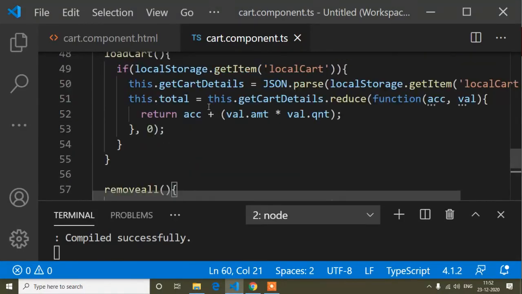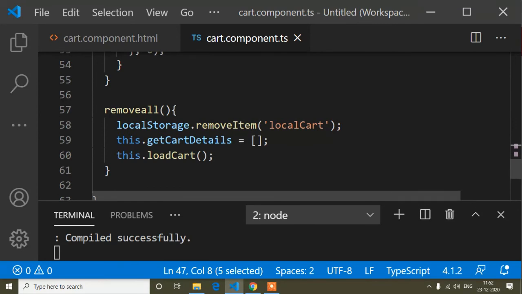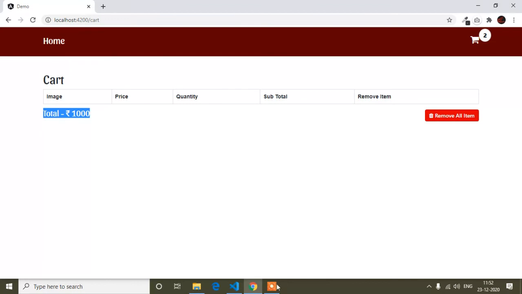So guys, I have to do one thing, just here I can do another way. This variable I can again set to 0, so this.total equals 0 again. Let's see now whether it's working properly or not.